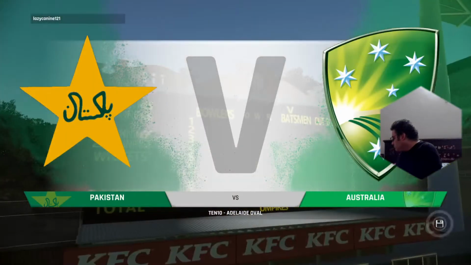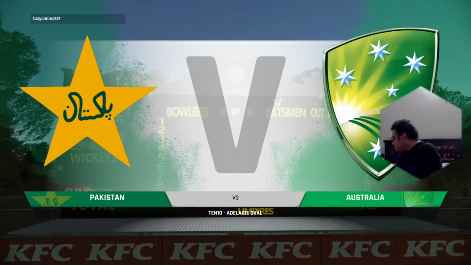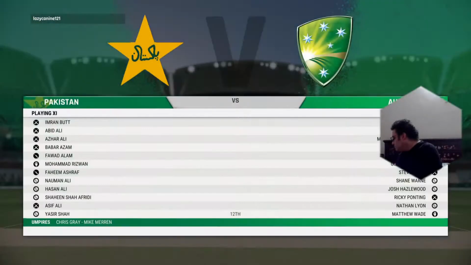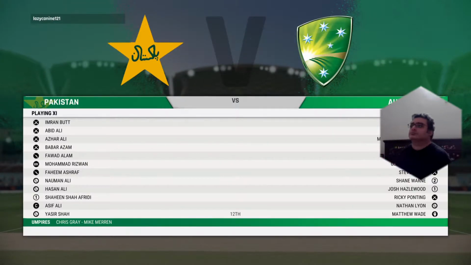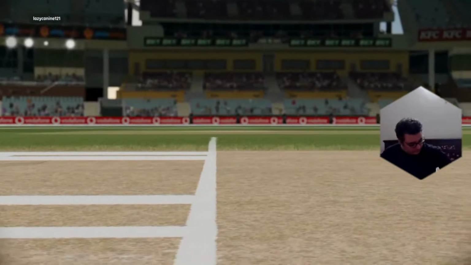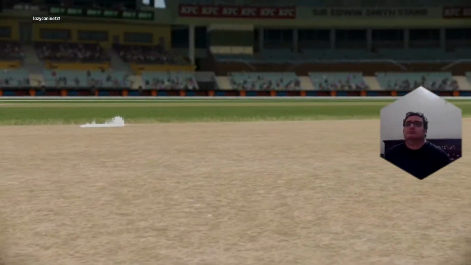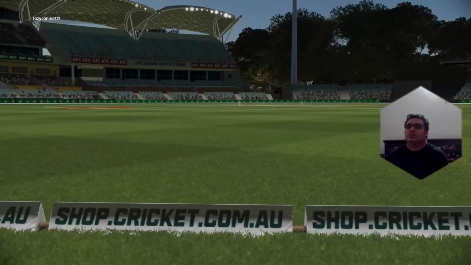Good evening. Welcome to our coverage from Adelaide Oval. Join us for this T10 between Australia and Pakistan. I'm Mike Atherton, and alongside me today is the one and only Lord Gower. Thanks, Mike. Always a pleasure to sit alongside you. So I've been taking a look at the conditions to see what the captains might do.